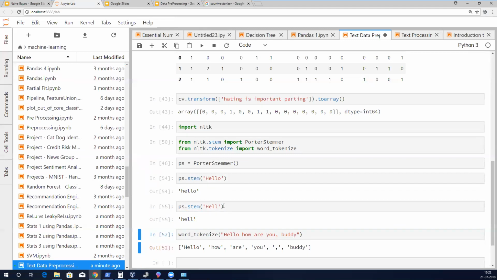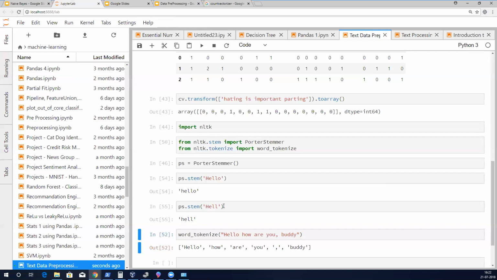So now we need to tokenize each sentence, then pass each word to the stemmer. After passing, again you have to create the sentence. Then we'll pass that to our CountVectorizer. And after that there are words like is, the, which are not very important to explain the context. Then we'll remove those also.